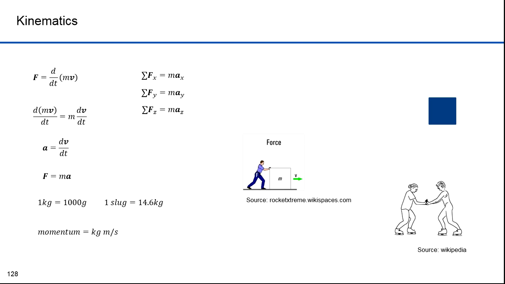In the metric system, the basic unit is a kilogram meter per second. In the British system, momentum comes in units of slug feet per second. Through Newton's second law, force has the same units as mass times acceleration. Therefore, the unit of force is the kilogram meter per second squared, or Newton, abbreviated N. 1 Newton is the force required to accelerate a 1 kilogram mass at 1 meter per second squared.